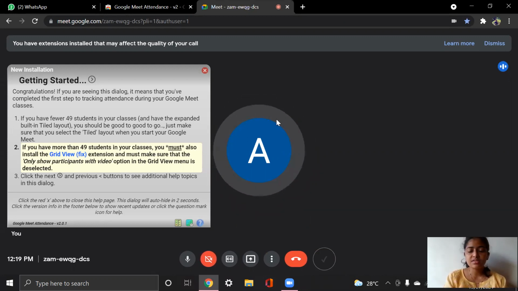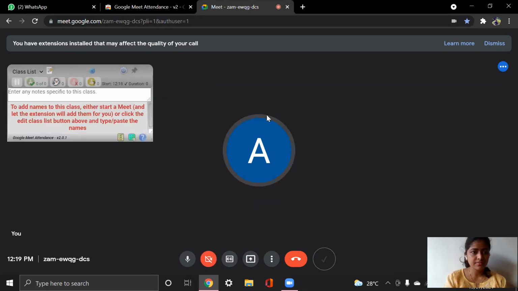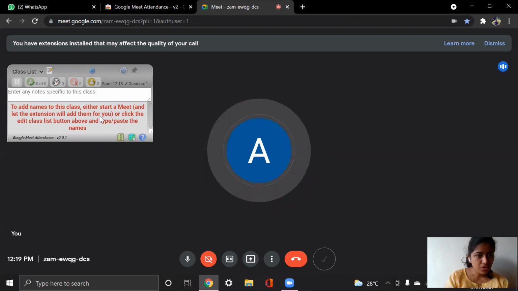Now because I am the only participant, you can see this window has changed. It is saying that to add names to this class, either start a meet and let the extension add them for you, or click the edit class list button above and type or paste names.